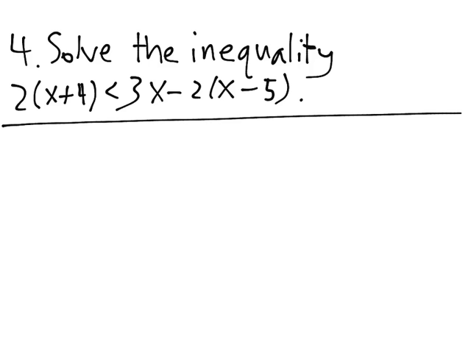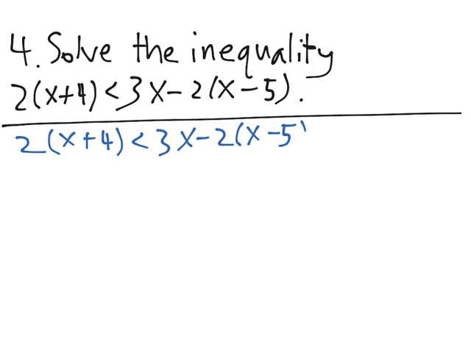Problem 4. Solve the inequality 2 times x plus 4 is less than 3x minus 2 times x minus 5. First, let's write this out. 2 times x plus 4 is less than 3x minus 2 times x minus 5. The first step to solving a more complicated inequality like this is to simplify both sides of the equation as much as we can. On the left side, the distributive property tells us that we have 2x plus 2 times